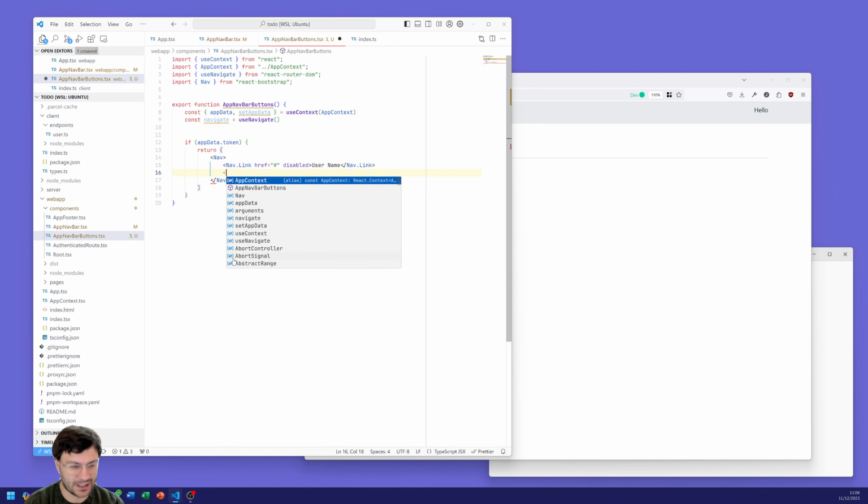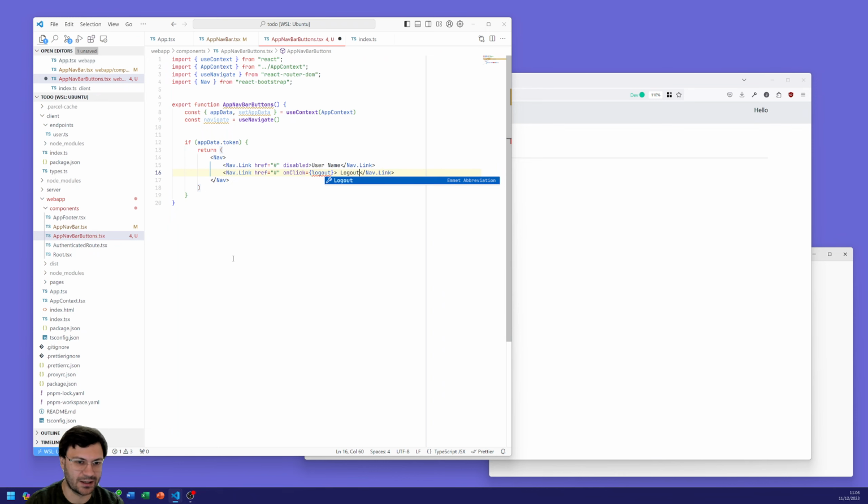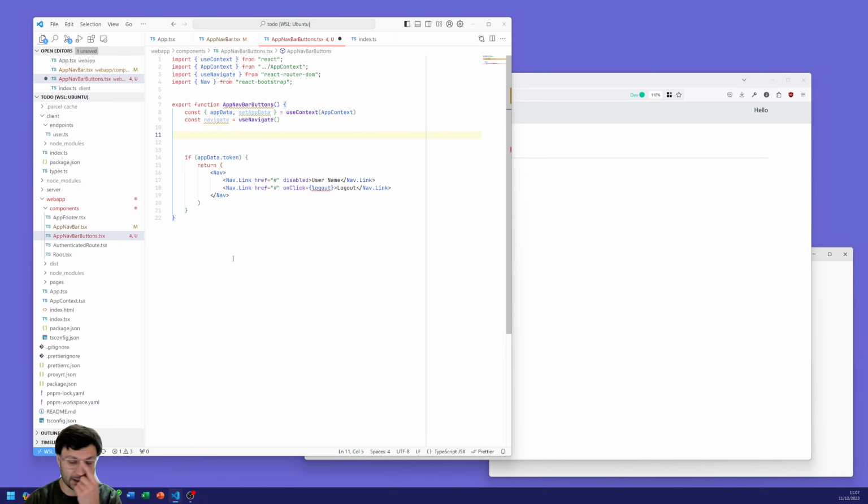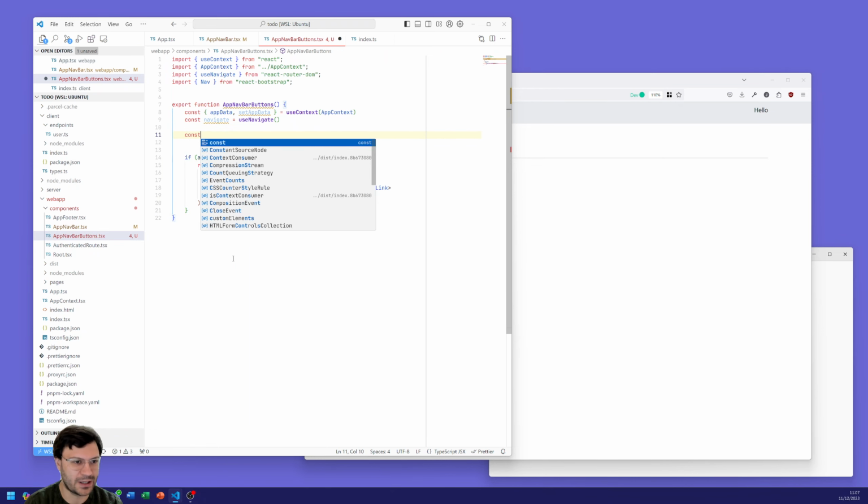We'll add another link, and this one, again, it's not going to go anywhere, but on click, so this is when it gets clicked by a user online, we're going to call a function called logout, and we're going to have that logout functionality in our header. So that's going to call a logout function, and up here we're going to then create that logout function,